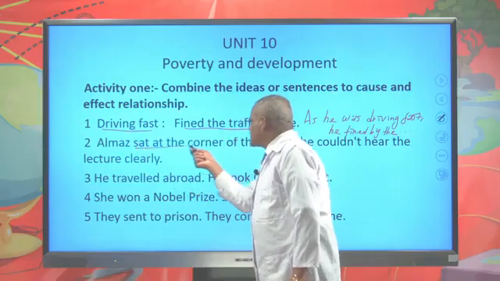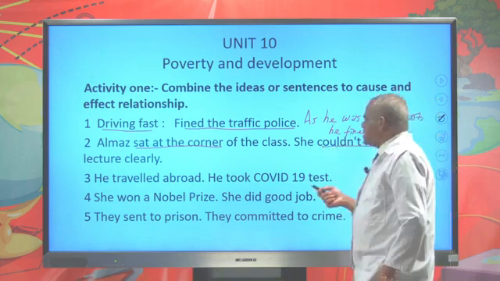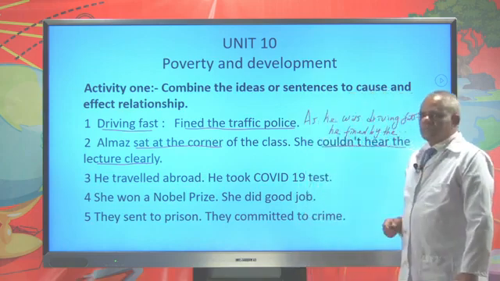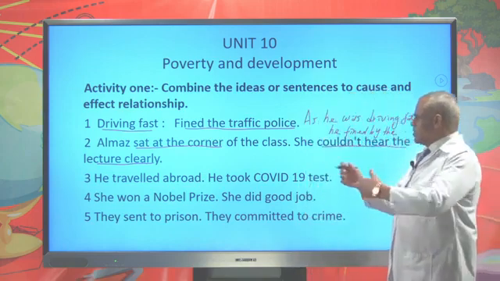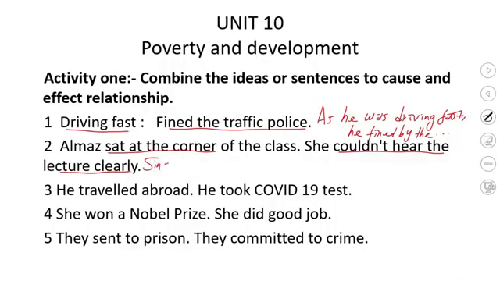The cause is sat at the corner. What's the result? She couldn't hear the lecture clearly. What is the cause? That is her sitting position. So when you join these two ideas together, you can use it like this: Since Almaz sat at the corner of the class,